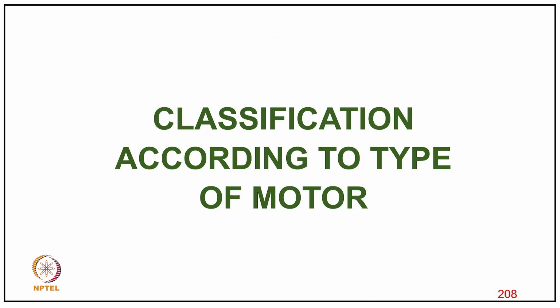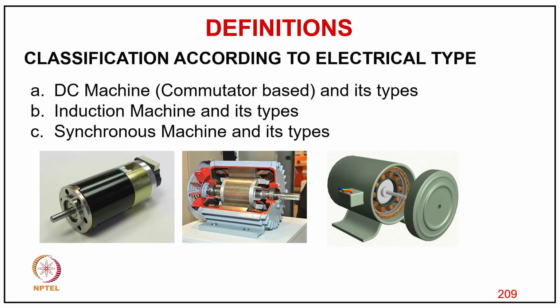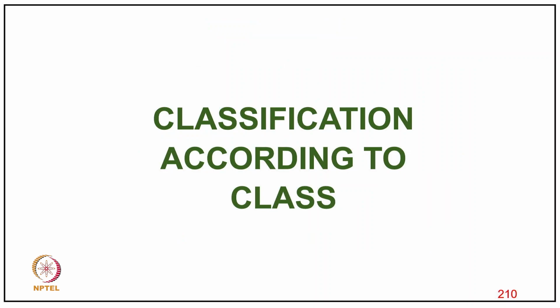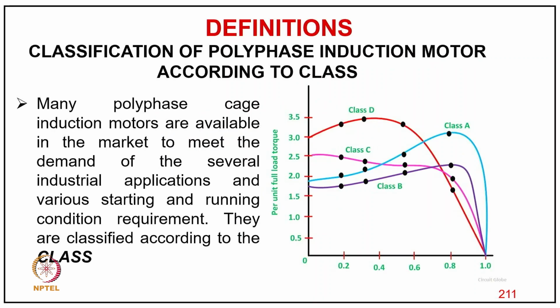than 450 RPM. So coming to another classification, according to type of motors, we have DC motors and their types, induction machine types, and synchronous motor types, and you can see the three photographs of different machines. Then coming to classification according to class, even in the case of induction motors,